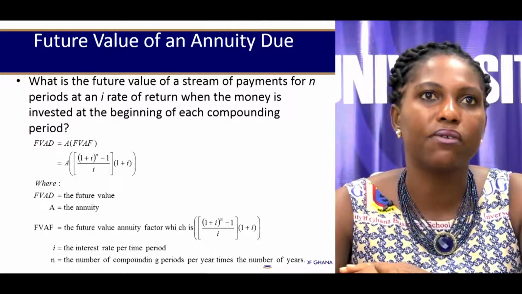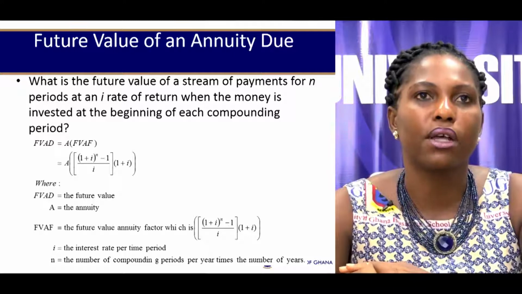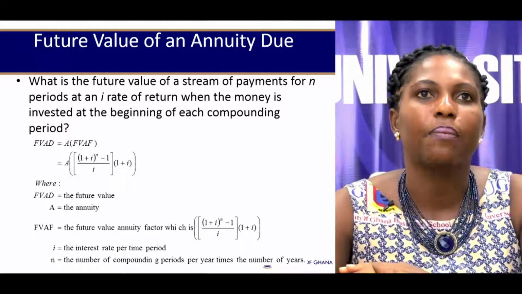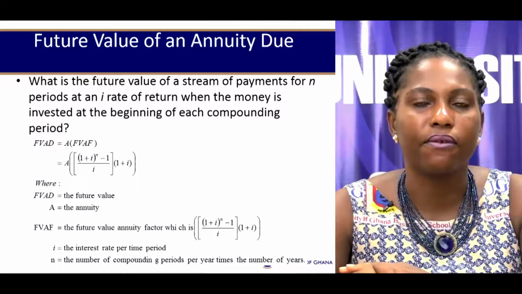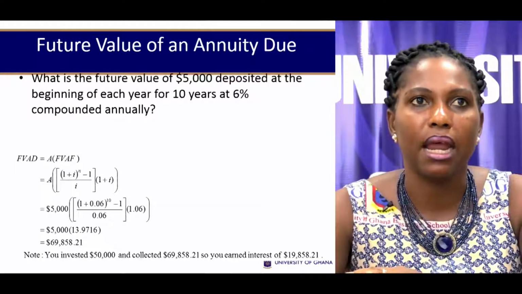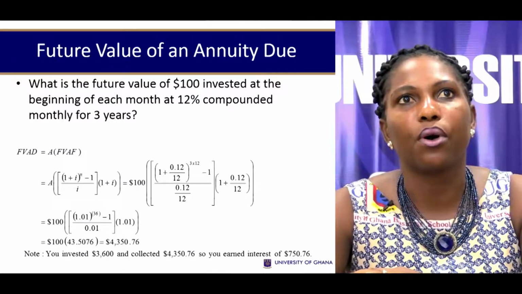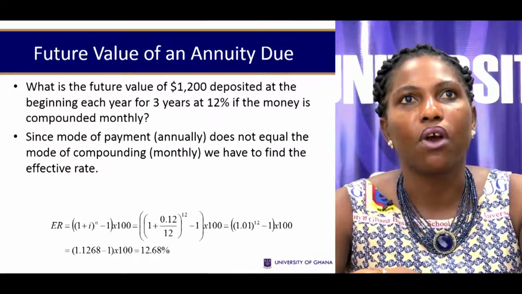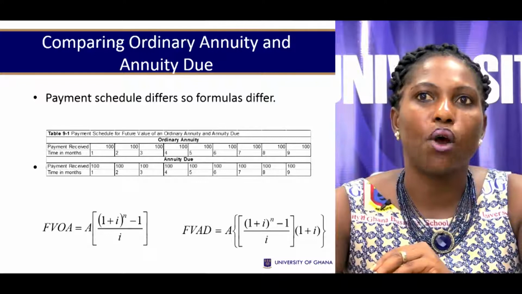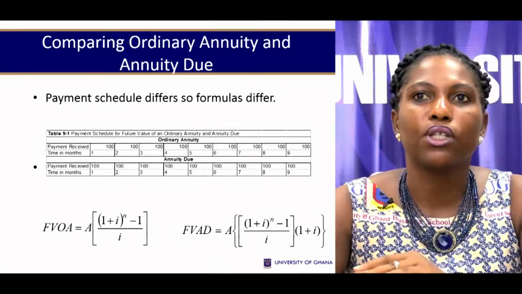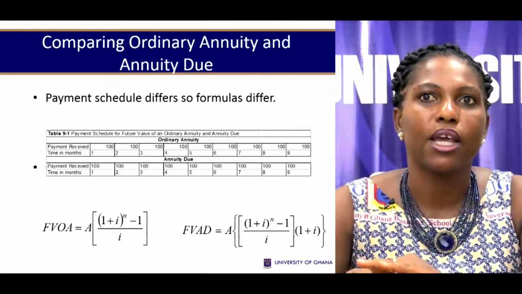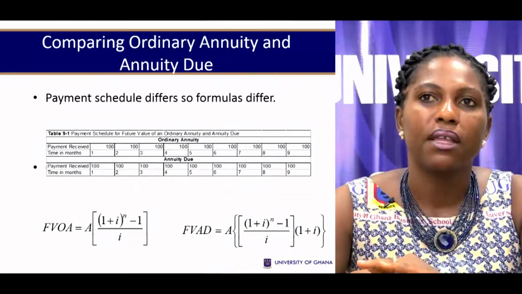So your N still reflects the number of periods. So if it's a 10-year period, you still do the 10 in the formula, and then you will adjust for the extra period because payment was made in advance. Now, the same principle will hold, therefore, that if you've got payments in advance but you're looking at an ordinary annuity, you're still going to adjust by just multiplying by the 1 plus the I,